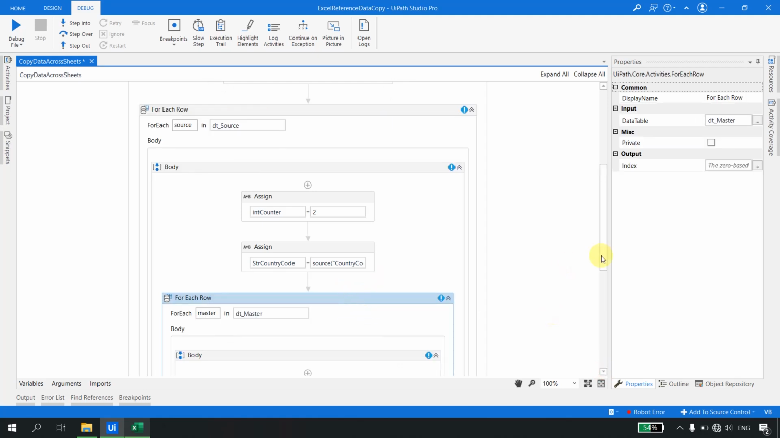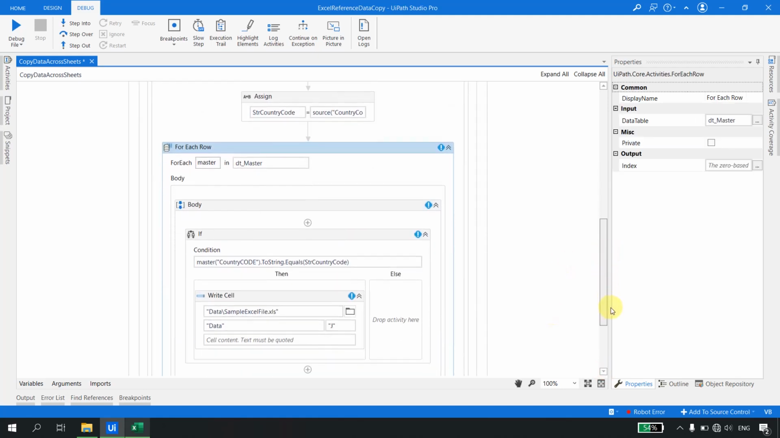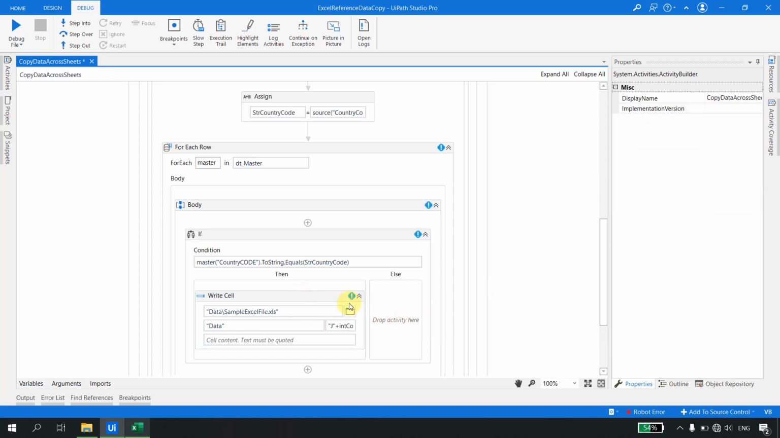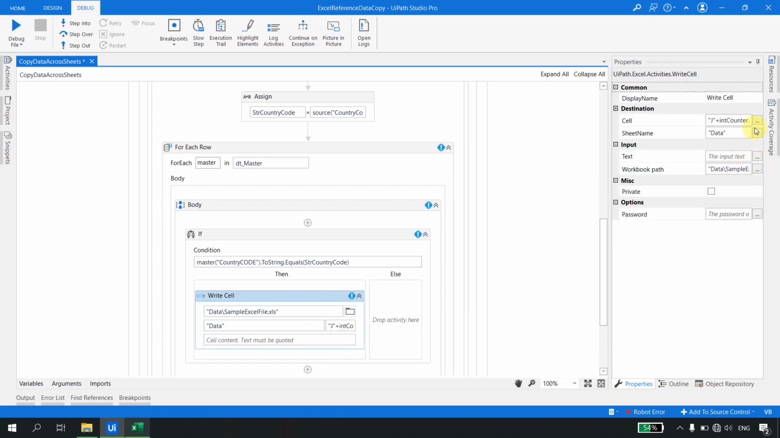So the first time, if the data is found, it will write in J of 2. Now the data will be printed in J of 2. And where is the 2? It is in this variable dot toString. So now if I just open this expression here,